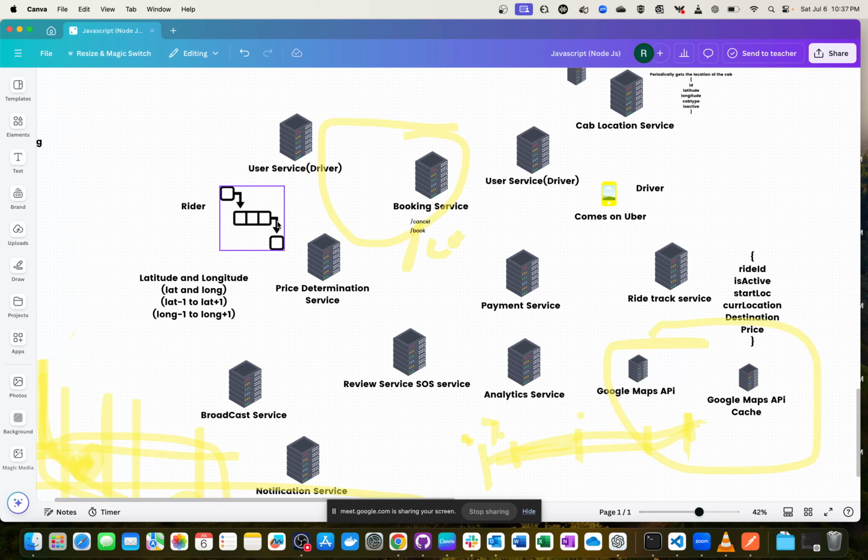And then the rider puts that in Kafka, right? And one other place where I can think of a message you can go is when the rider is broadcasting his location to the cab location service, right? So what I can think of is that the messages that are being broadcast, let's remove WebSocket here and think of that the app itself is sending this location to the driver periodically,